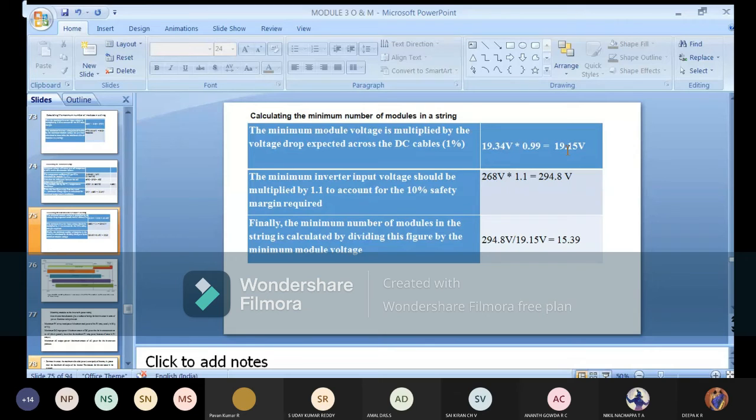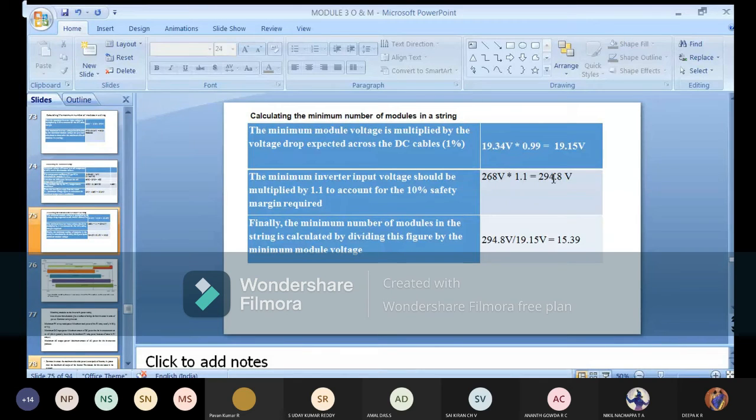19.34 into 0.99. And as per the minimum calculations of inverter. So here we are considering the minimum inverter voltage, means it is a reverse order. If you are considering the maximum voltage, you'll do all the calculation in terms of minimum. If you are doing for minimum, then you are considering all in terms of maximum. So similarly here also, we are considering the minimum inverter input voltage, that is 268. And here as considering the safety margin, the 10% will be added extra, because that is a low voltage, right? So instead of 268, you can go still more better value. So that's what it is going with, 1.1 or 10% of safety margin has been added. So 268 into 1.1, you're going to get 294. And this 294 is the minimum inverter input voltage, means capability of inverter to receive the voltage and operate for a healthy condition.